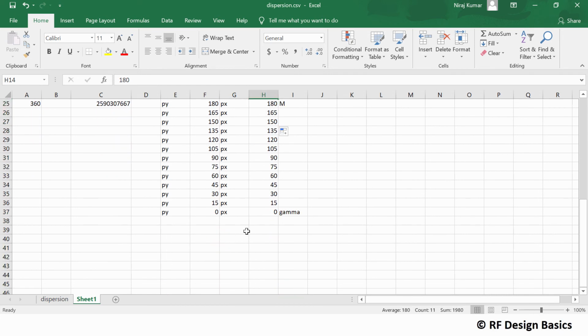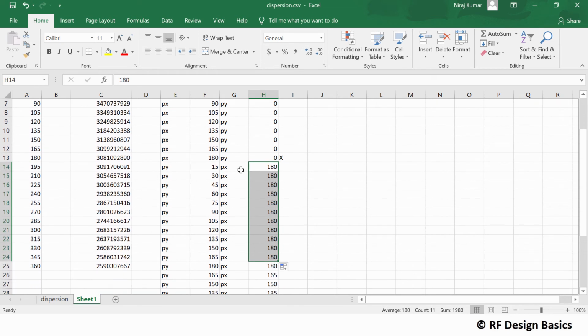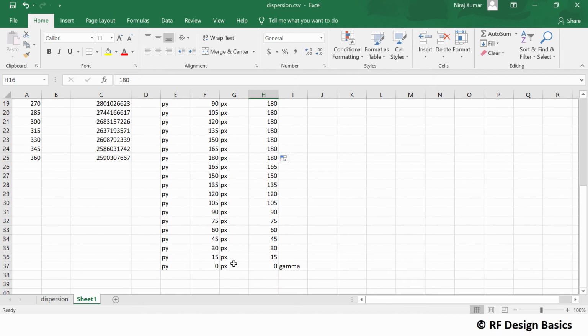So this is the variation actually. For the first variation, Px goes 0 to 180 degrees, Py is 0. Then Py varies from 0 to 180 degrees and Px is 180 and constant. And in the third movement, both will be reducing together, and for that